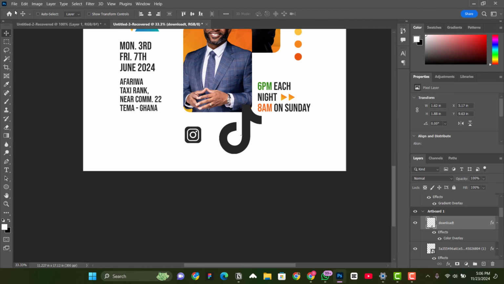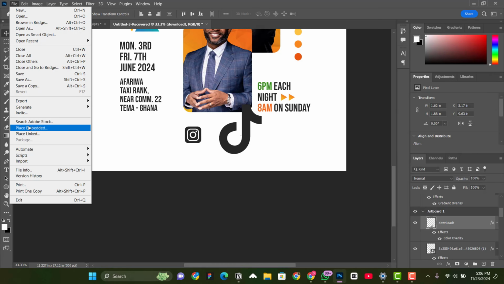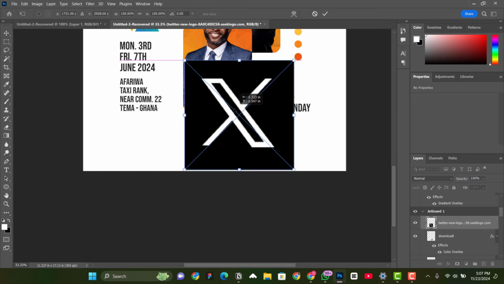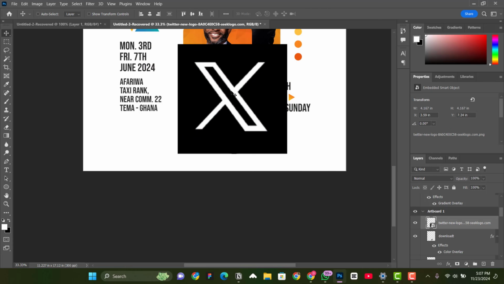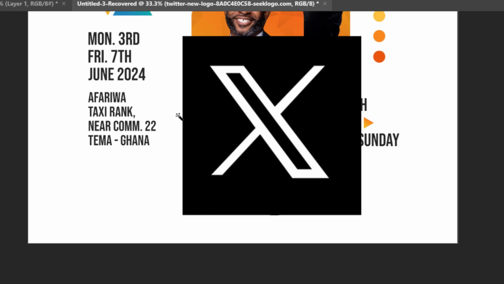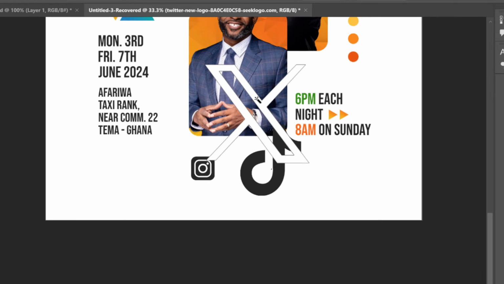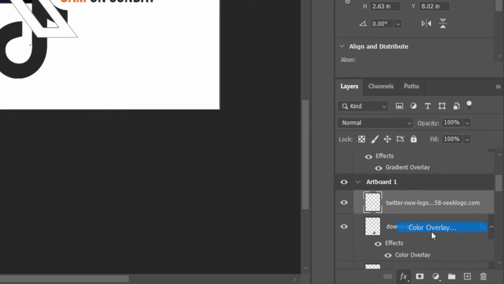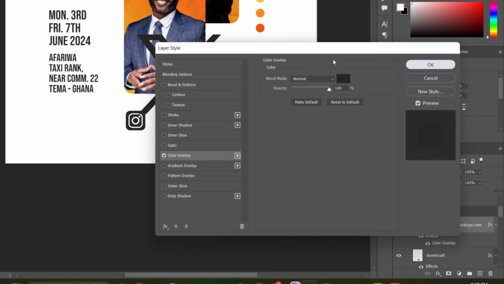Let's add Facebook and X. So File, Place Embedded, X. Okay, so for the X icon, you have to take out the black part and change the color of the white. So let's do it. Right click on the layer, rasterize the layer, come up here, right click on this one, select the magic wand tool, click on this part, press and hold shift on the keyboard, select the middle one, hit backspace on the keyboard, Control D to deselect. And now select the layer, go to FX and add color overlay. Okay,